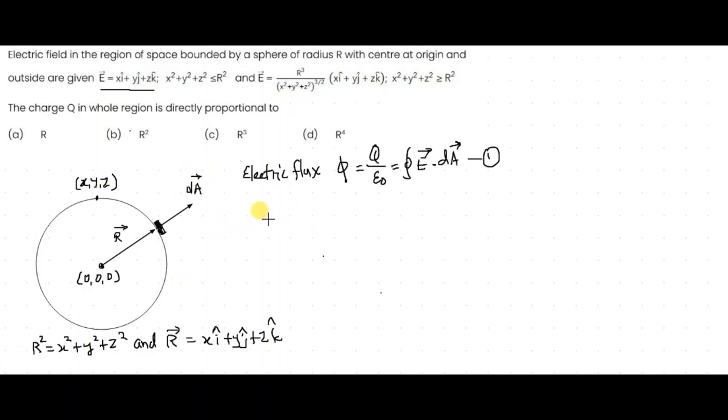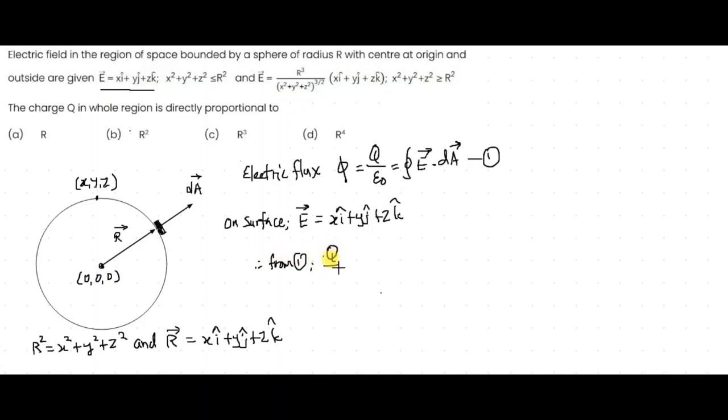So this is a spherical Gaussian surface. So here I can say on surface E is equal to xi plus yj plus zk, and therefore I can say from 1